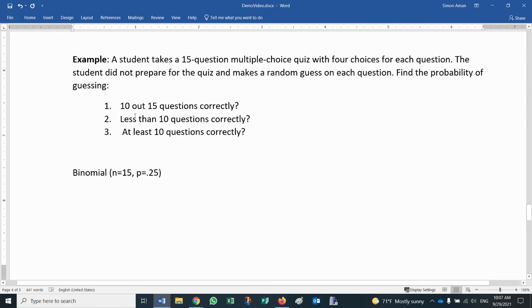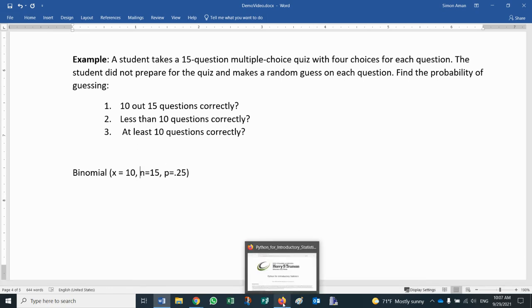Now the first question says exactly 10 are correct guesses out of 15. So that means for number one, we're going to have x needs to be 10 out of 15. So we would set it up in this way: 10 successes out of 15 trials, and the probability of success is 25. And for this, we're going to use Python, and we'll import